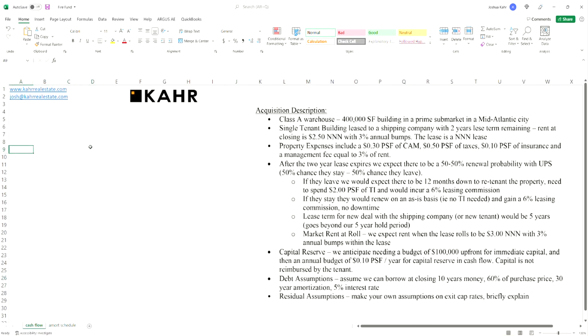Okay, so let's deal with some basics here. The square footage is 400,000 feet. We've got a current tenant, which is there for 2 years at $250 a foot with 3% bumps. Okay, that's pretty simple. And then the expenses, it looks like we have